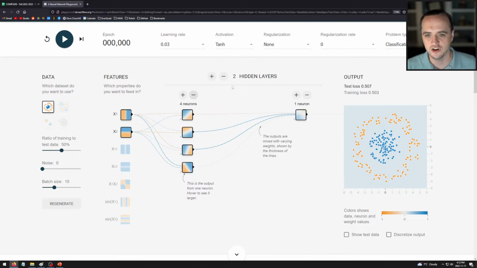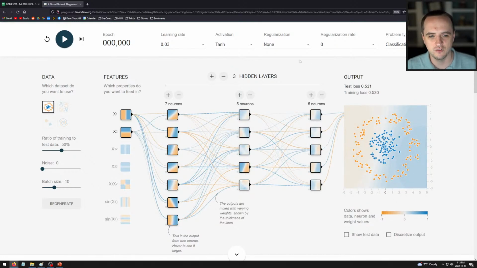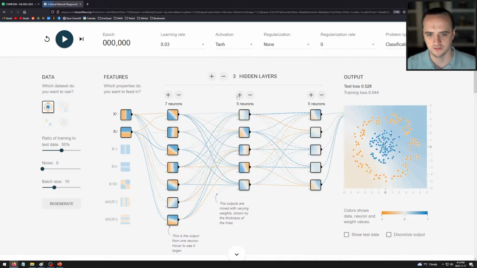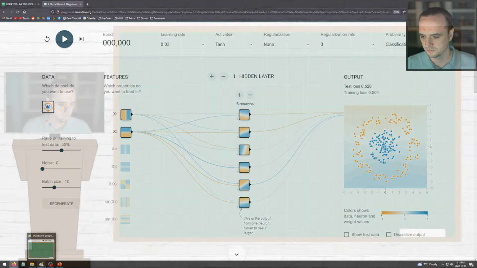Now, we can change the number of hidden layers, we can change the number of neurons per layer, and you might ask yourself, how the hell do we know what structure the neural net should have? So if I run this again, okay, it learns to predict it properly. But the problem with a neural net is that the more neurons you add, the longer the training takes. So let's try and do an example where we try and come up with the minimal possible structure to predict something like this. So using what we've learned so far, let's go to the blackboard.